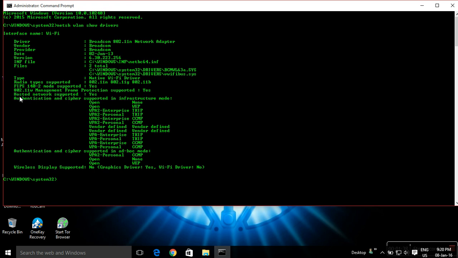If it says hosted network supported yes, then you can continue, and if it says no, then it means that you can't make Wi-Fi hotspot from your laptop.